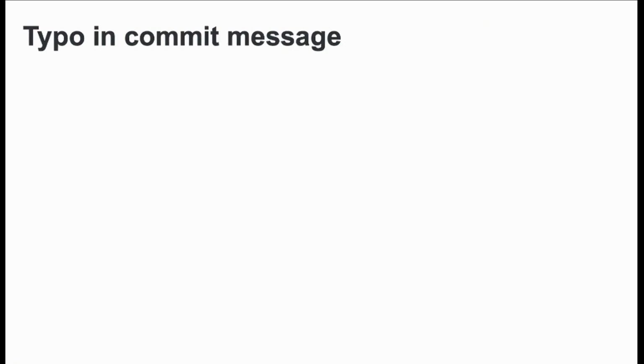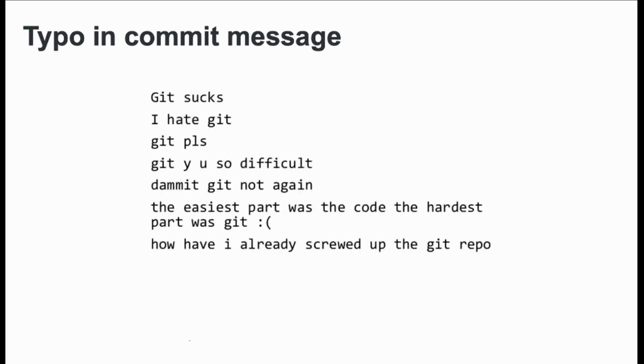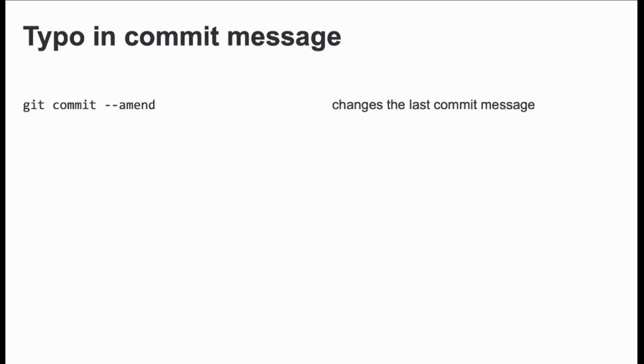It also happens that we sometimes have typos in commit messages, or let's be more honest, it's not a typo, you just quickly typed something and you want to change that because you don't want this in your Git history. So you can do a commit amend, so you can change your last commit message. Also, before you do an amend, you can add another file in case you forgot one.